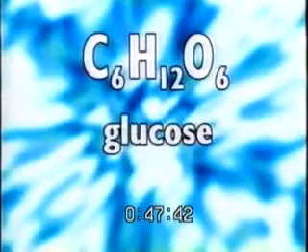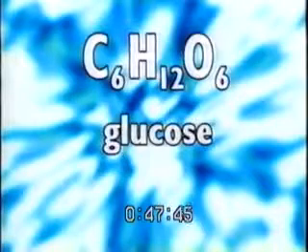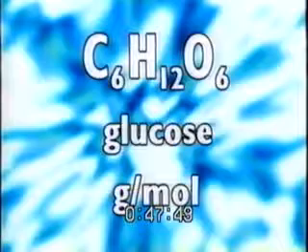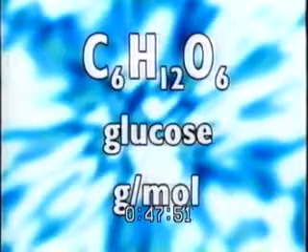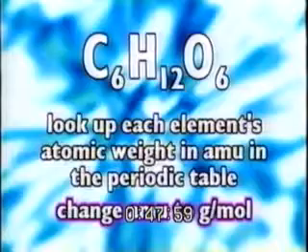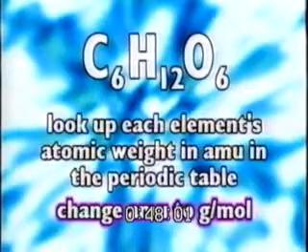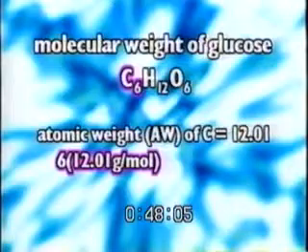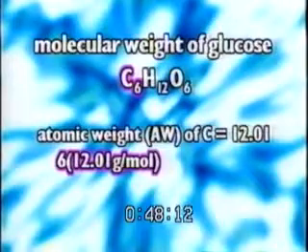First, let's find the molecular weight of glucose. Like we did before, we'll express the weight in grams per mole. Remember, it's easy to find each element's weight in grams per mole. You just look up each atomic weight in AMUs in the periodic table and change the AMUs into grams per mole. So here goes. The 6 carbon atoms in glucose multiplied by the atomic weight of carbon, 12.01 grams per mole, equals